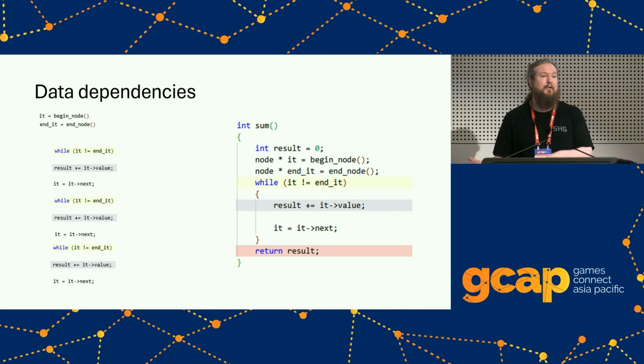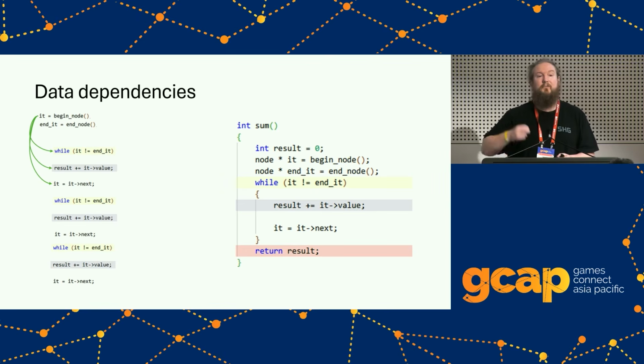It'll only be able to start doing it if all of the dependencies that it depends on are there. So if we look at that first little instruction that we were doing, where we're fetching that begin pointer, as soon as we've fetched it, the first iteration of the while loop can start. Well, it can't quite go till we've got the end iterator, but it's got one of its dependencies there. The fetching of the value and adding it to result can start going. So it hasn't fetched the result, but it can start at least doing that step.